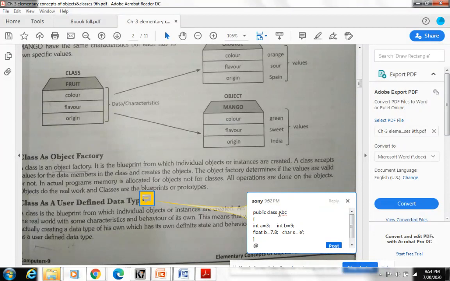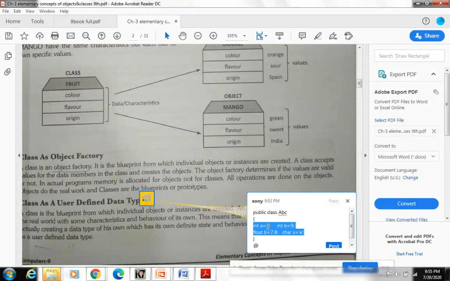So now my class ABC is representing these four values. That means now my class is acting as my type. Who is my class? The programmer's class. Now the programmer is me. So I am creating the ABC class, and my class is defined according to the data types I gave. So my class will hold a maximum of these four types of values. So my class can represent these four values at most.